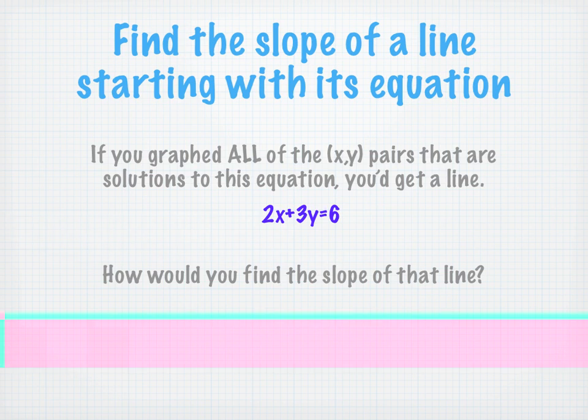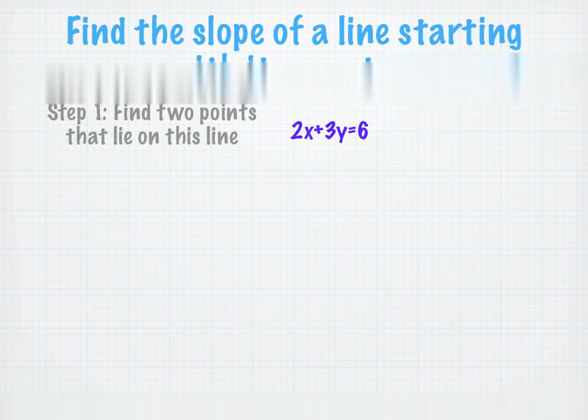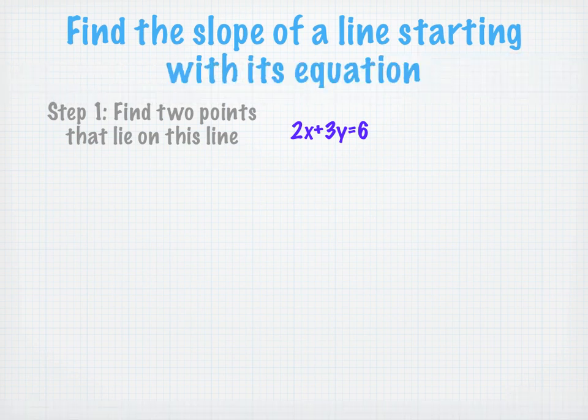Well, there are different strategies that you can use, and the first one that I want to show you is finding 2 points on the line and then using the slope formula to find the slope of the line. So step 1, and in your notes this is a good time to make a 2-column chart where on the left you show the steps and on the right you show the examples. Step 1 is to find 2 points that lie on this line. That is 2 xy